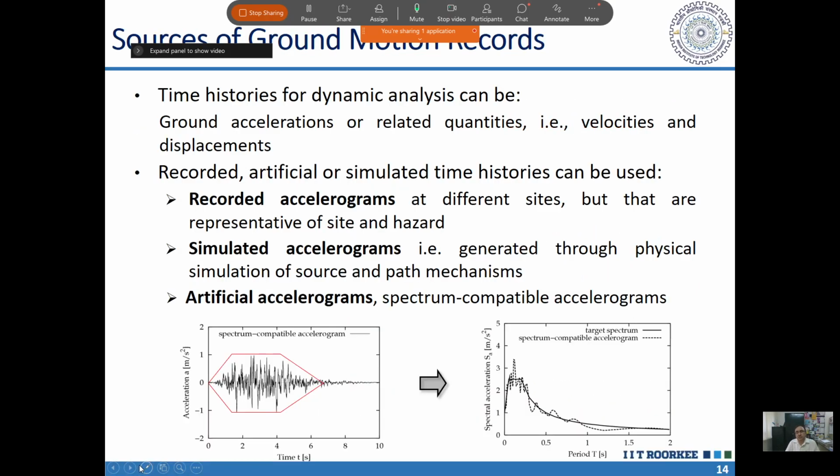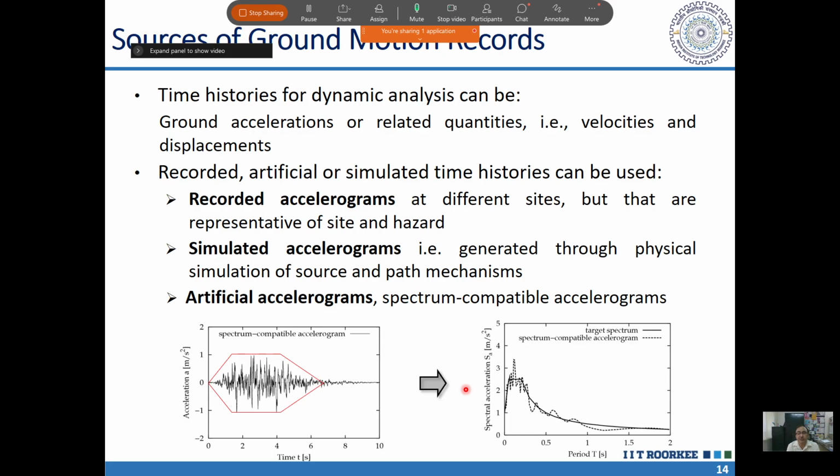But there is one problem in time history analysis, and the problem is the selection of the time history. We need time histories to perform this analysis. And as we discussed yesterday, we cannot predict the time history exactly which is going to occur at my site, because all the earthquakes have unique signatures. So the earthquake which will come in future will be different than all those earthquakes which we have recorded in the past. And due to that reason, one single earthquake may not be good enough.